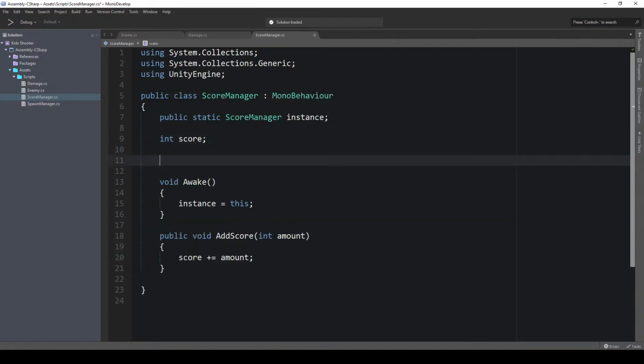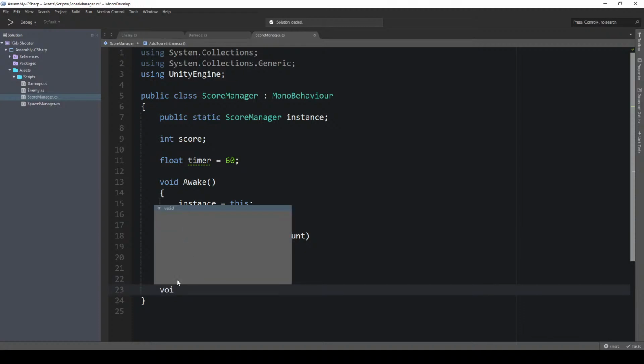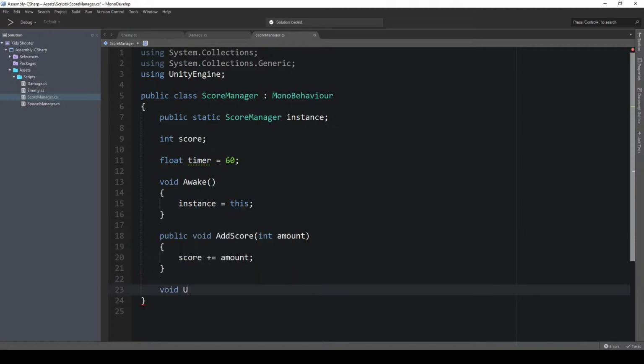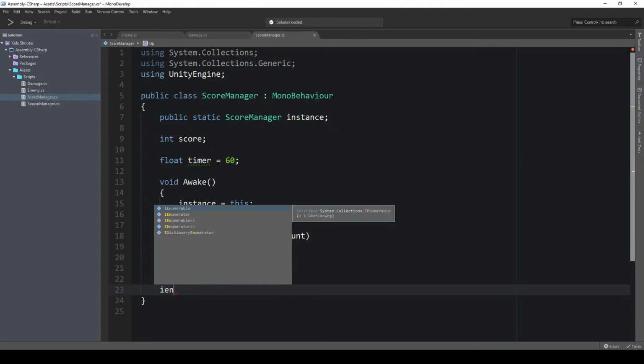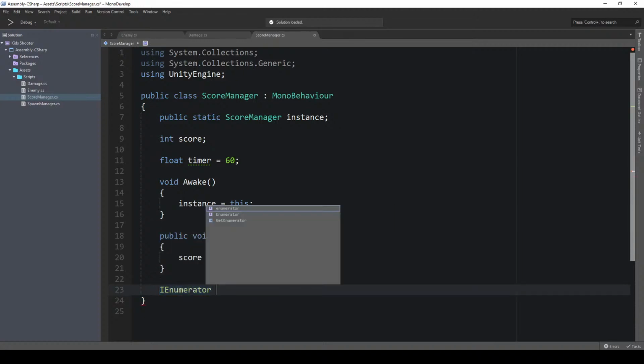So what you can do now is you create a float and name this timer. And we are starting at 60, something like that. And now you don't have to use the update loop. So we say void Update. Well, I don't like to use the update. Maybe it's easier or better to decrease the time using a coroutine. So IEnumerator Timer,